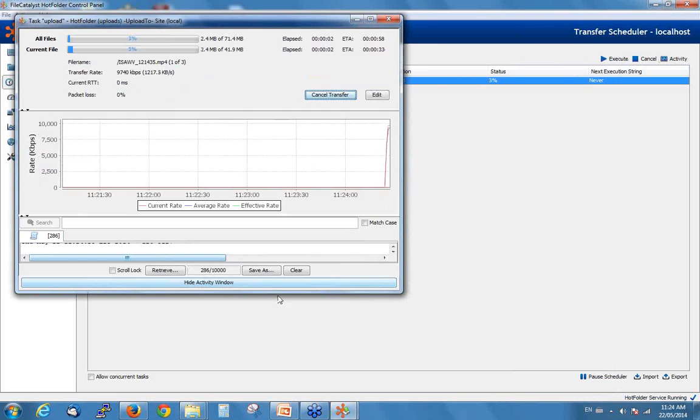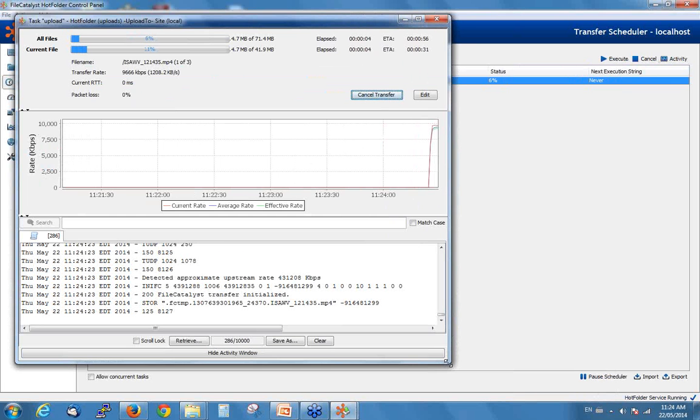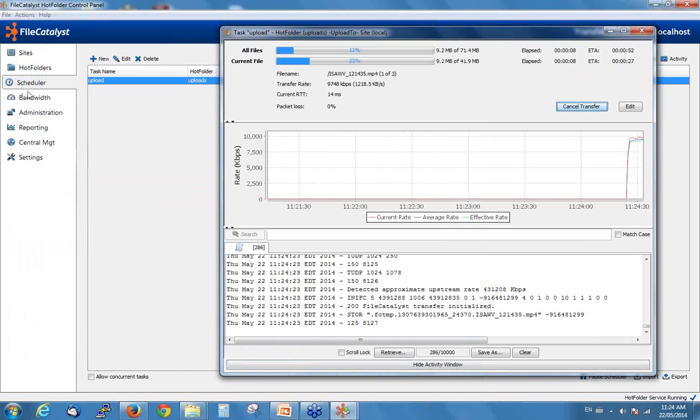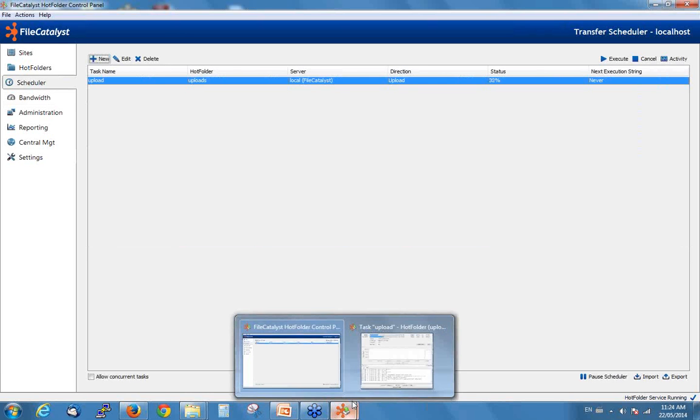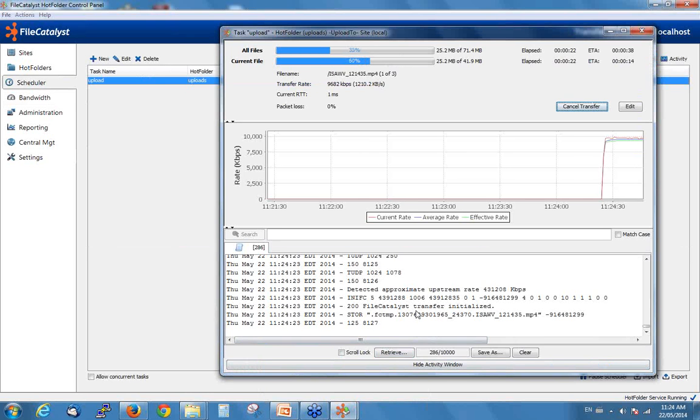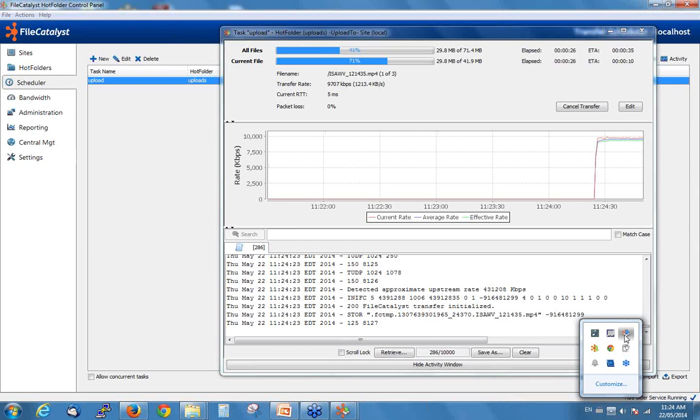And you can see here the file transfer is now started. It's going. I can control the bandwidth of this transfer. Right now I'm going at 10 megabits. I can speed it up, slow it down, depending on the time. I can see the activity. I can see exactly what's being transferred when. And if I now look back on my server,